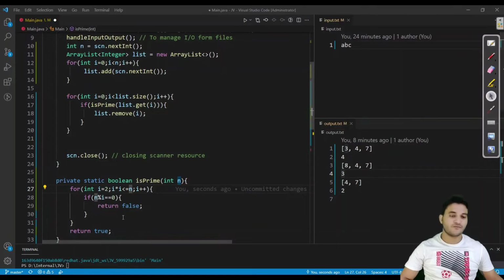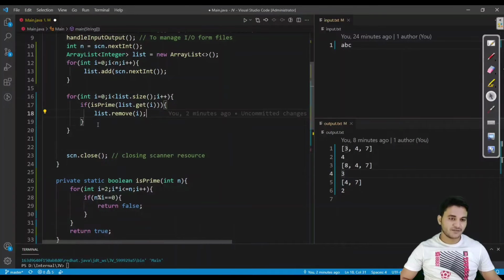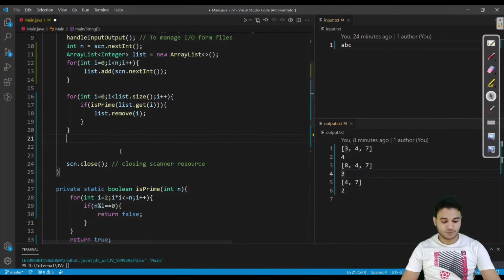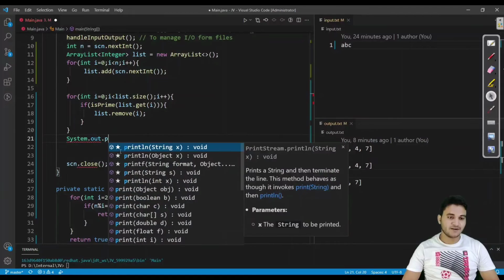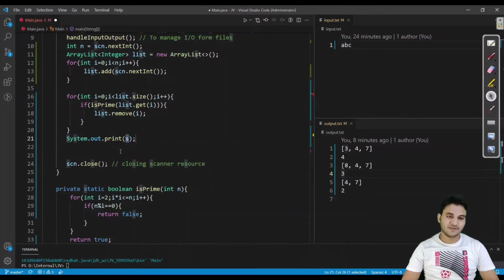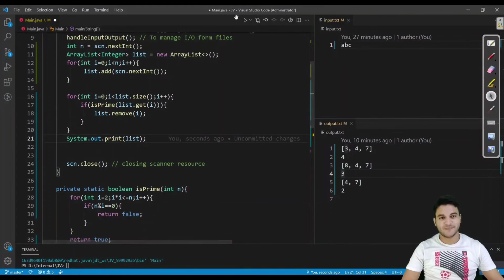Fine. So this is the code for prime number checking, and we are done with the code. Let us print the remaining list. According to you, this is complete, and according to me, it should work. But there is a very slight mistake, and you have to identify that. If you have identified the mistake, then you can take 1 point from my side. Then you are a pro in coding.